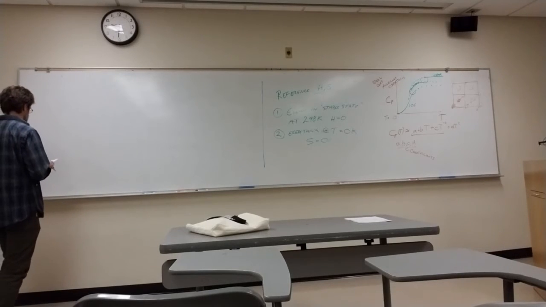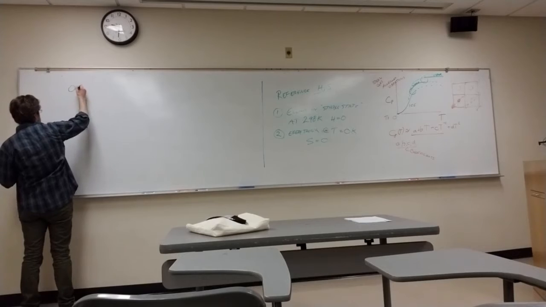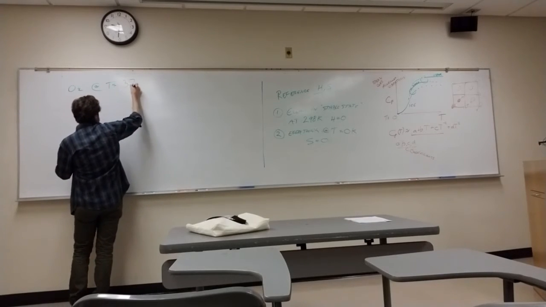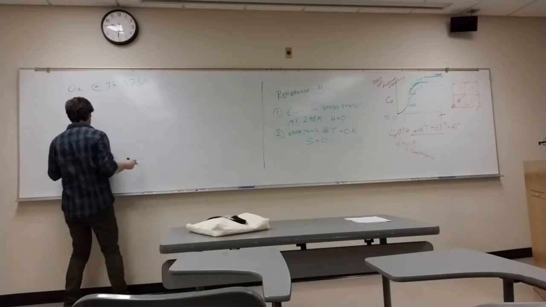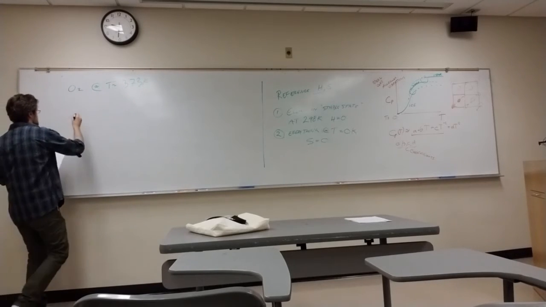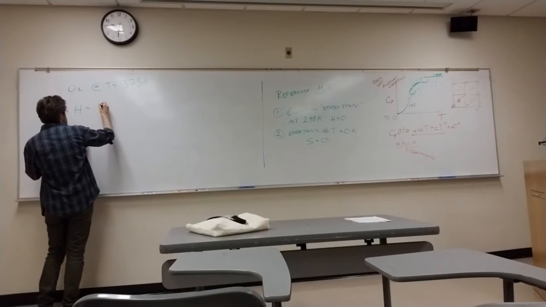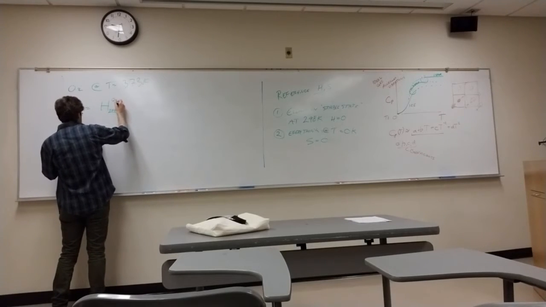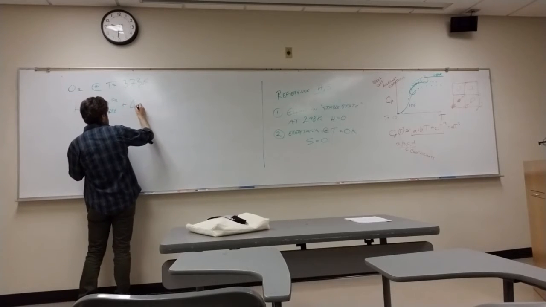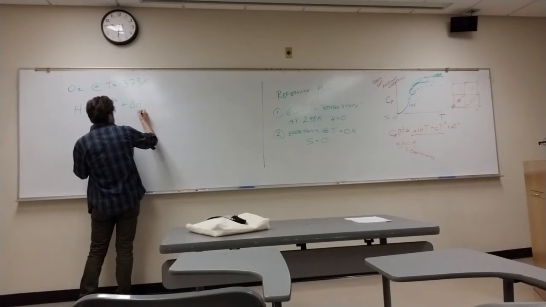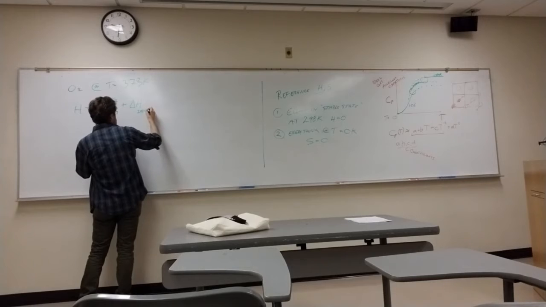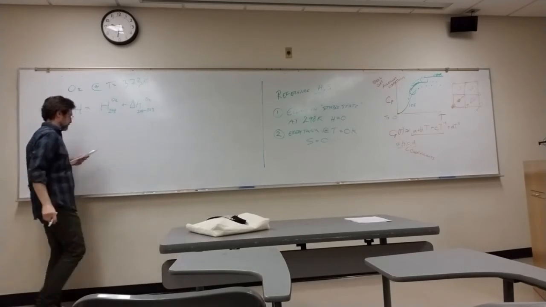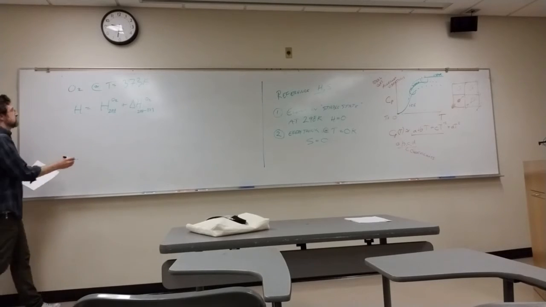So, for example, O2 at T equals 373 K. Well, that means that the enthalpy is equal to the enthalpy at 298 of O2 plus the change in the enthalpy going from 298 to 373 of O2. By definition,